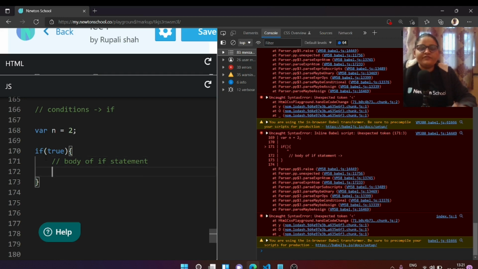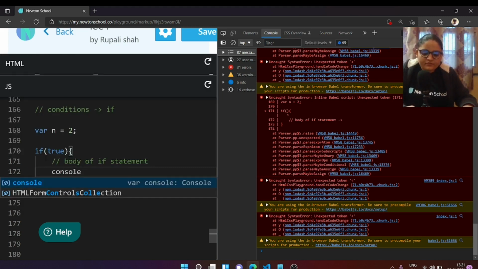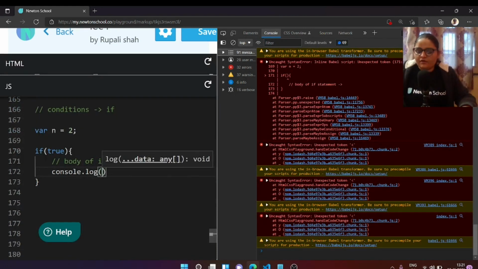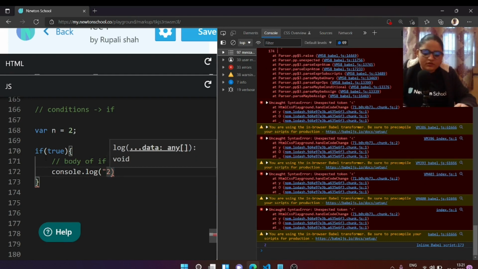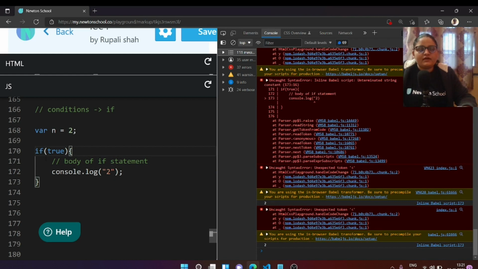We decided that if n is equal to 2, we need a console log that prints 2. Let's put the 2 in inverted commas. Right now n is equal to 2, and you can see we get 2.